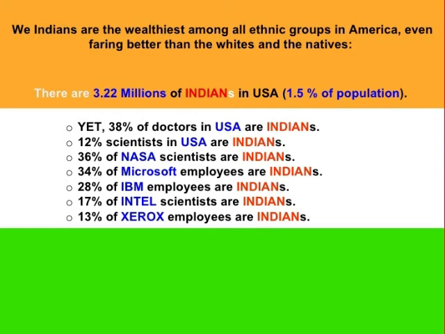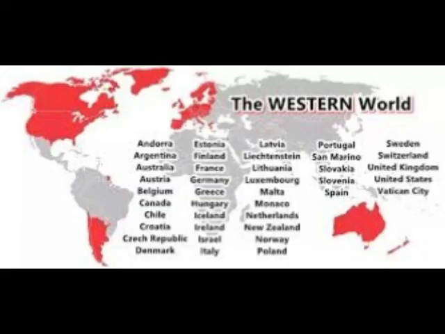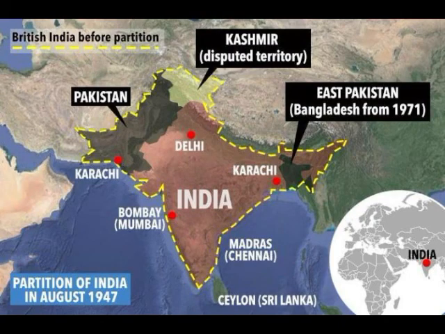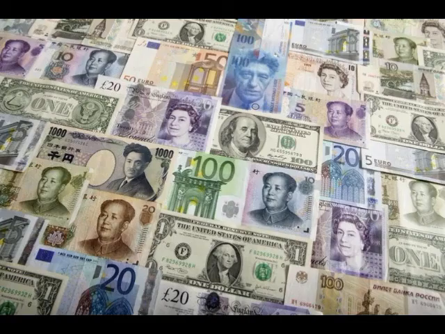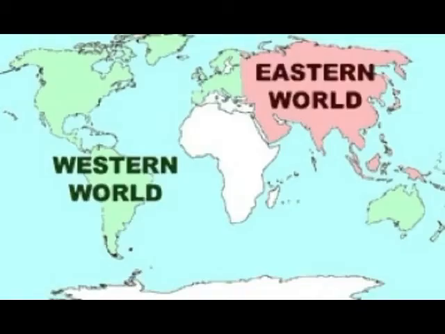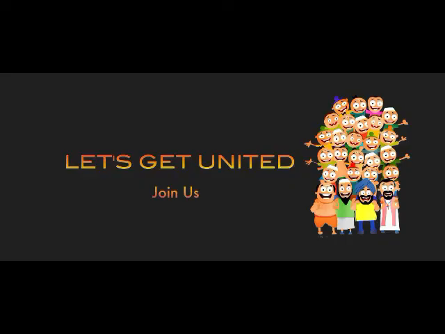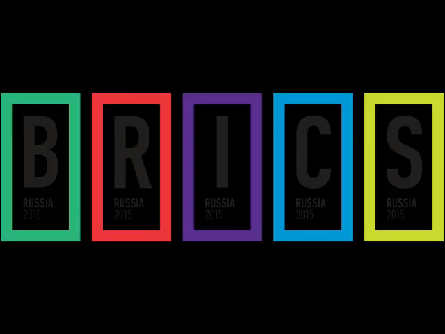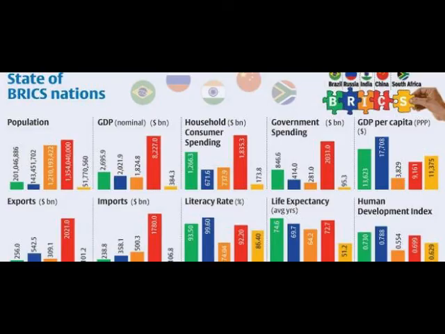For the last 300 years, the world has been governed by Western civilization and many new nations were formed with their divide and rule policy, due to which their economy and currency are stronger than last century. Whereas before that, the world was quite better to live in as it was led by Eastern civilization. Today is the best time to get united, and the BRICS nations are the best example for getting less dependent on the Western world.